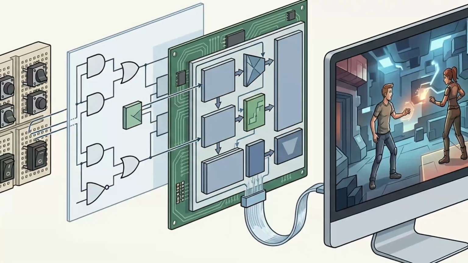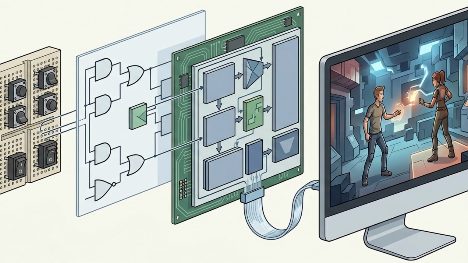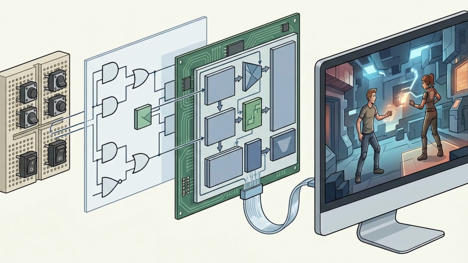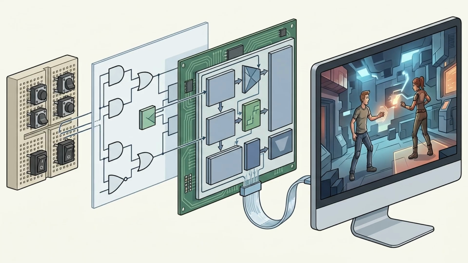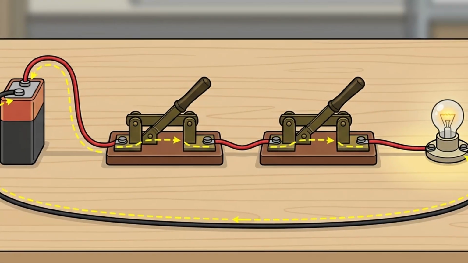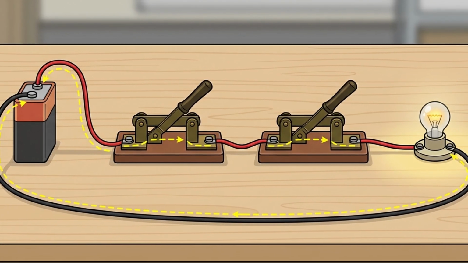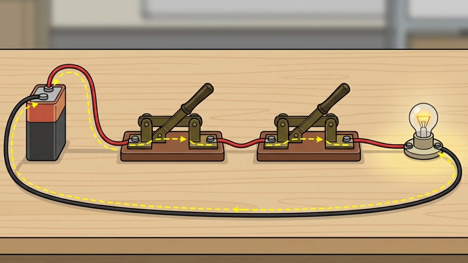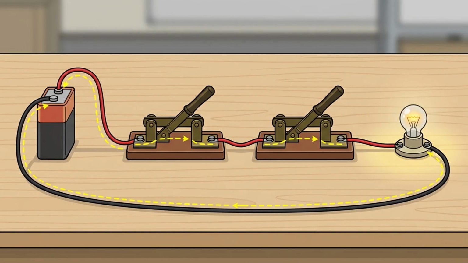Every operation your computer performs, no matter how sophisticated the result looks on screen, reduces to some arrangement of that same idea. Switches, combined in patterns, standing in for logic. Here's what that looks like in practice, stripped down as far as it goes. Wire 2 switches so that current can only reach a light bulb if both switches are closed, and you've built what engineers call an AND gate, a piece of hardware that answers the question, is this true and that true, with nothing but wire and metal contacts.